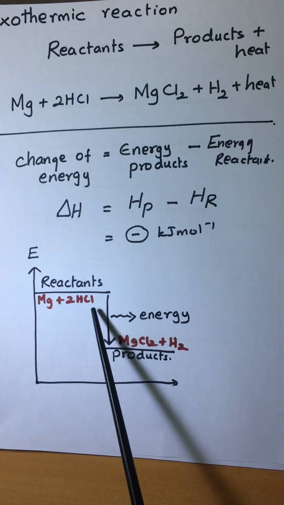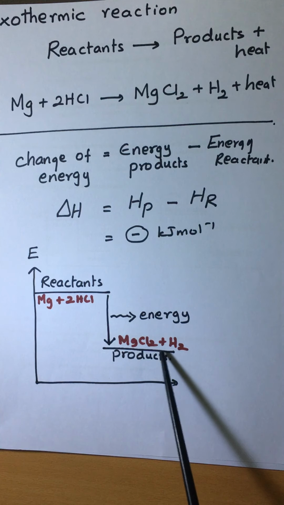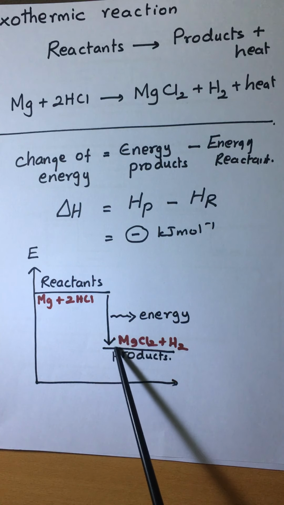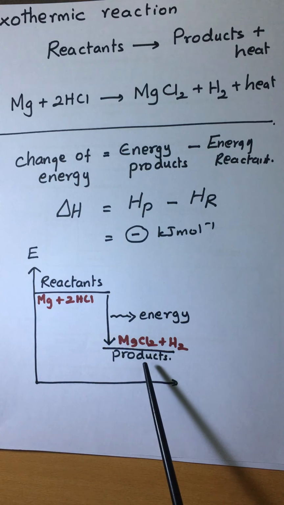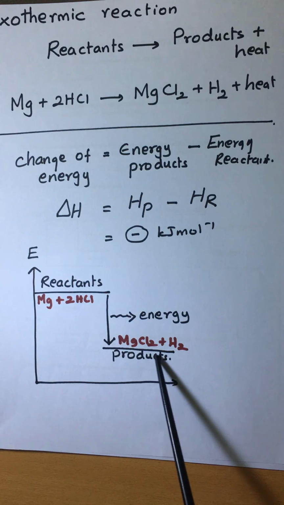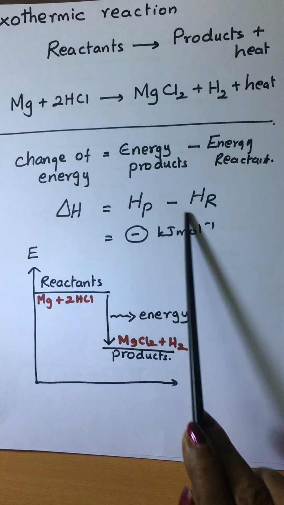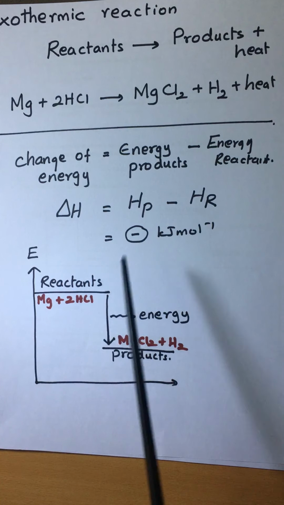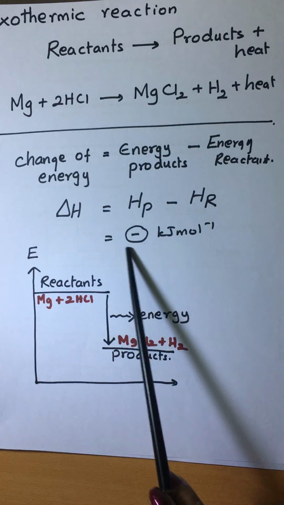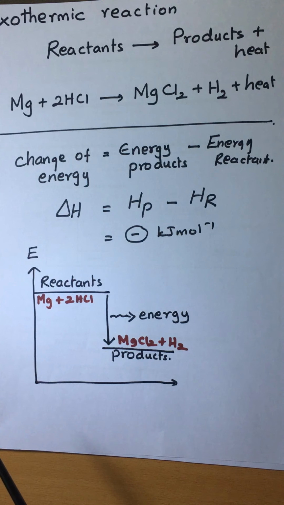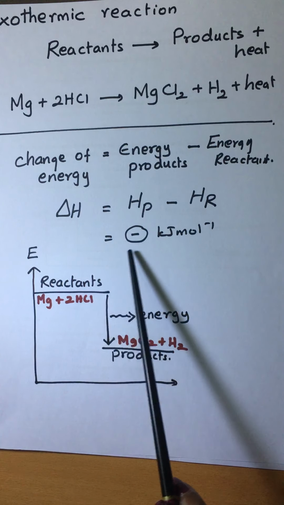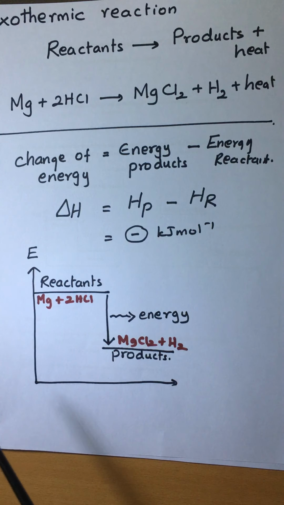You get magnesium chloride and H2, that is the products. The energy of the products is less and the energy of the reactants is more. So when you subtract, you will get a minus value, right? That is when you get delta H in minus,